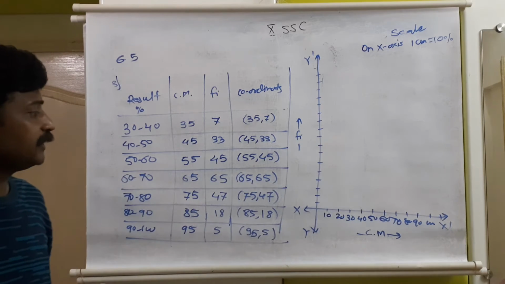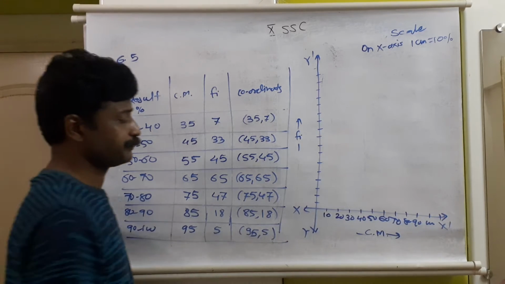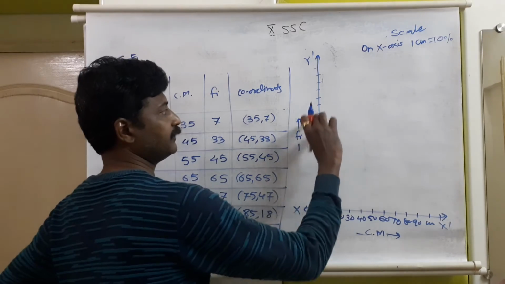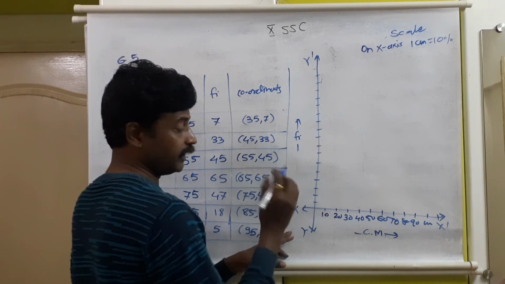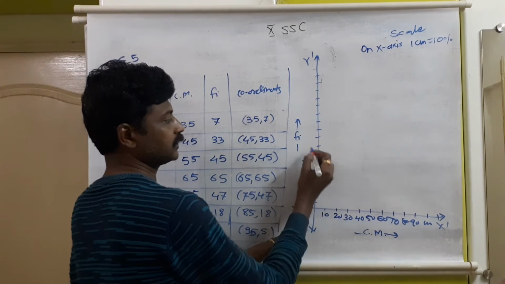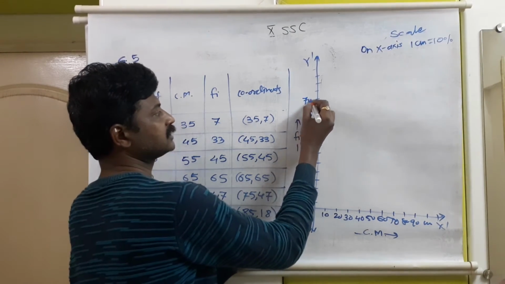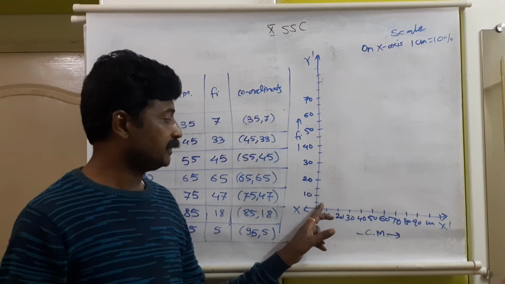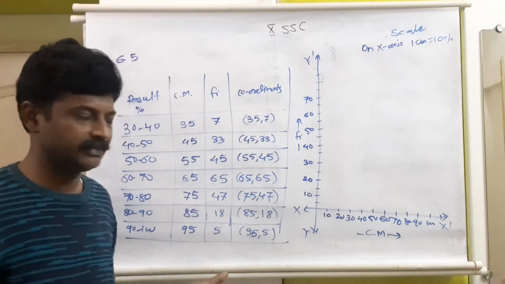And if we consider 2 centimeters is equal to 10 students, it will come here: 10, 20, 30, 40, 50. Yes, the full paper will be utilized. So we'll consider 1 centimeter is equal to 5 students, or 2 centimeters is equal to 10 students: 10, 20, 30, 40, 50, 60, 70. We need the maximum till 65. So 1 centimeter is equal to 5 students, or 2 centimeters is equal to 10 students, meaning it's the same.